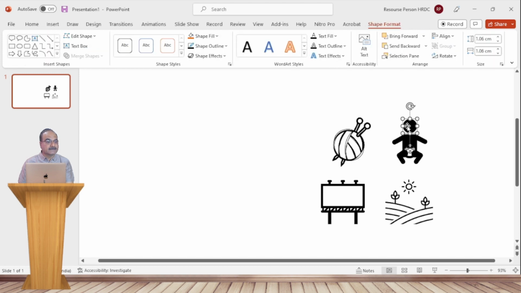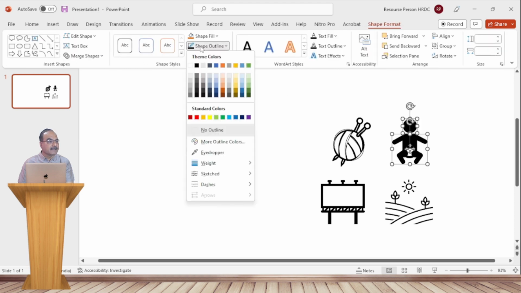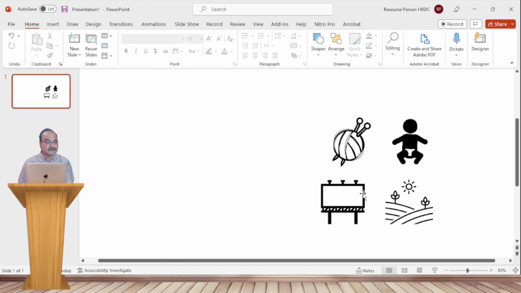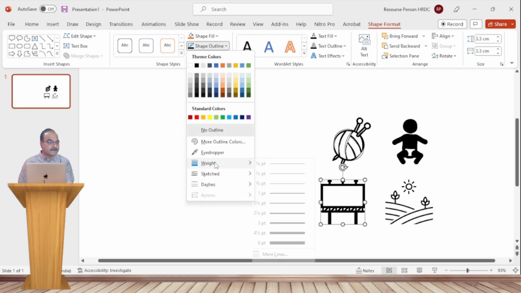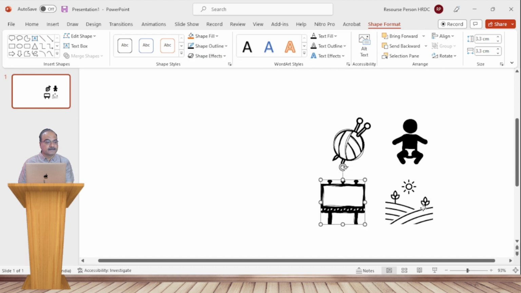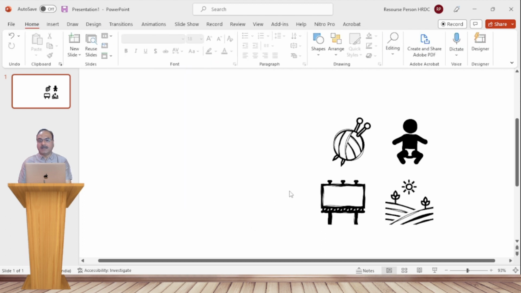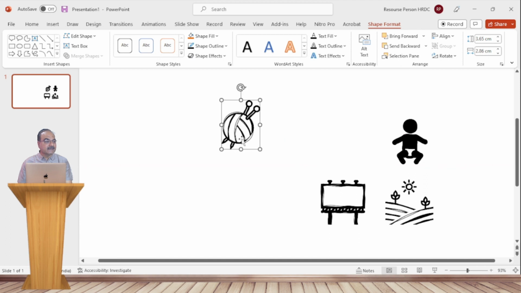For this, now I have to make the whole selection. Again go to the shape outline, go to the sketch, and say for example I am going for this. Okay, for this go to the shape format, select outline, sketch, again go to the sketch, voila. So if you see the effect bigger,